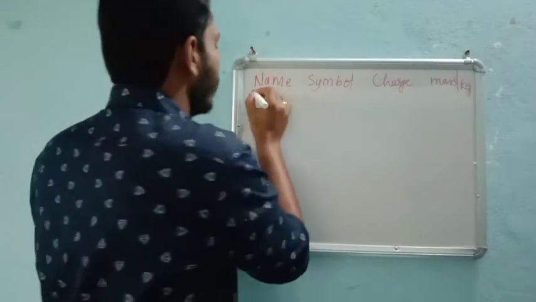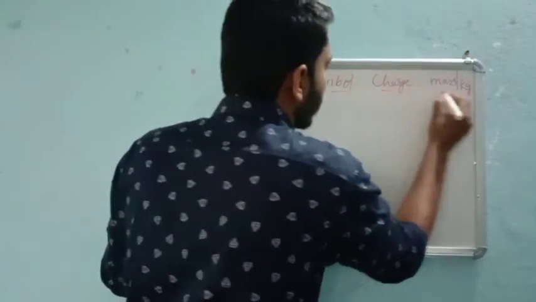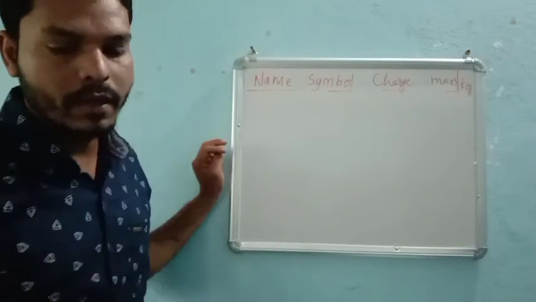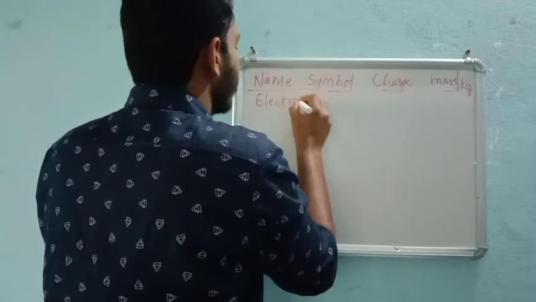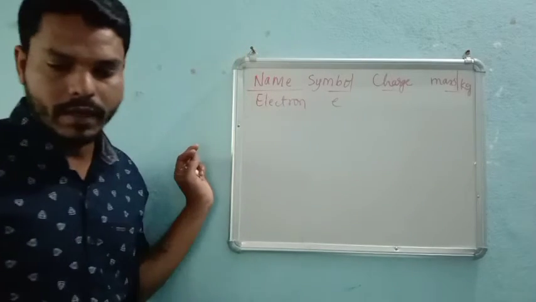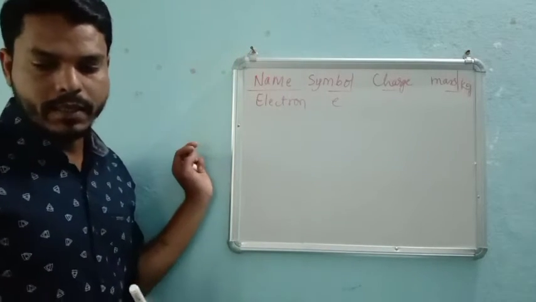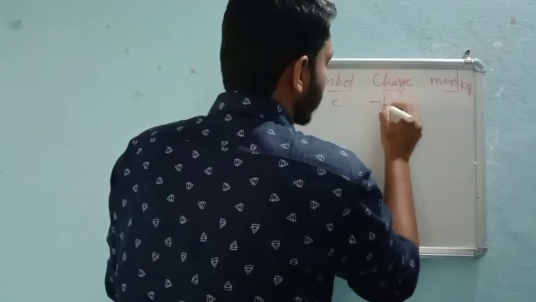So for name, we know there are only three fundamental particles: electron, proton, and neutron. The first one is the electron, and the electron symbol will always be e, and then whose charge is minus